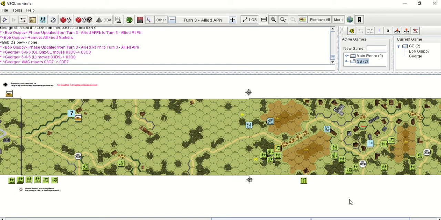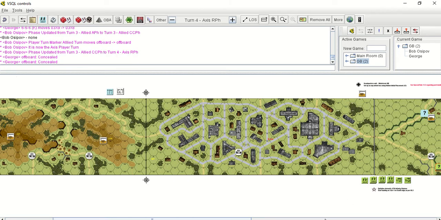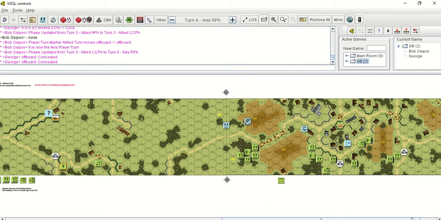Okay, we're at the Allied advance phase. You're still moving up towards the Stug. Now you're shifting your guys over there, right? Flip the marker, Axis turn. Now, let's see. George off-board concealed. Don't know what's going on. But